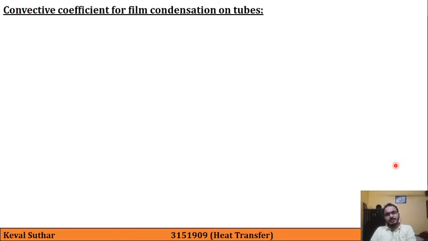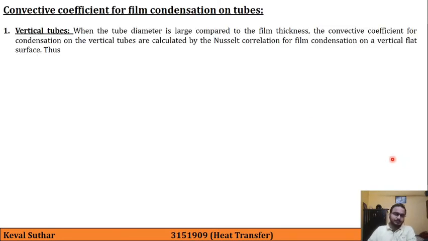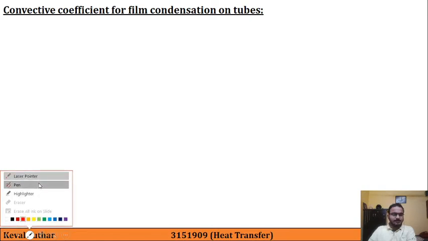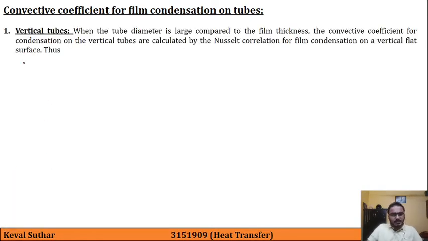And now we are beginning a new topic today, that is convective film coefficient for condensation on tubes. So now let's begin. First we will discuss vertical tubes. When the tube diameter is large compared to the film thickness, that is when d, the tube diameter, is greater than delta, the film thickness,